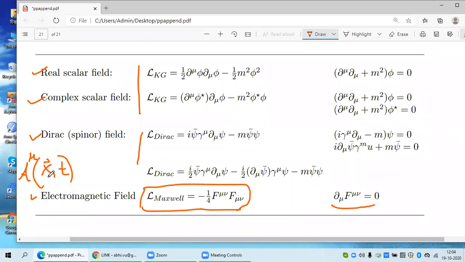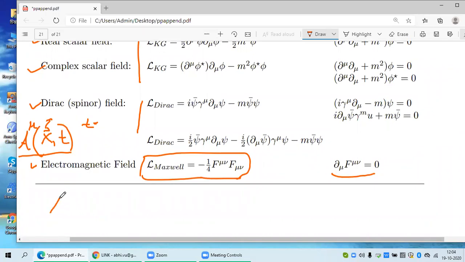At any point in space, at a particular time, you know this. That means at that point of time, at that point in space, you know this. But for a complete description of this field at a given time, what is the field configuration in the universe? For that, you need the value of this, for that t, at all x's. That's what I said. So your coordinates are A_mu(x1, t),